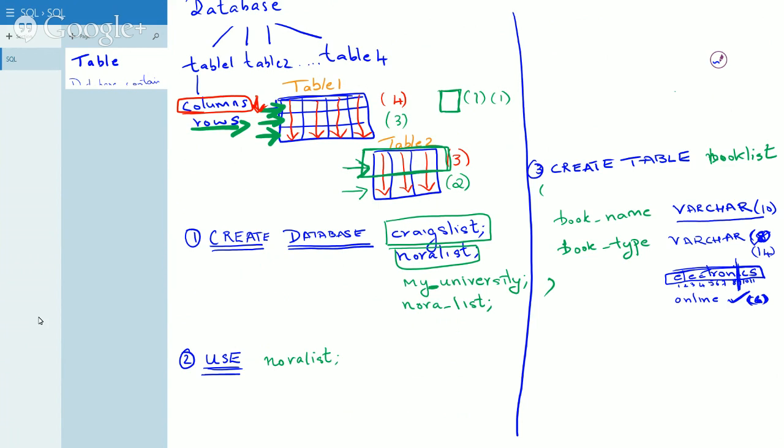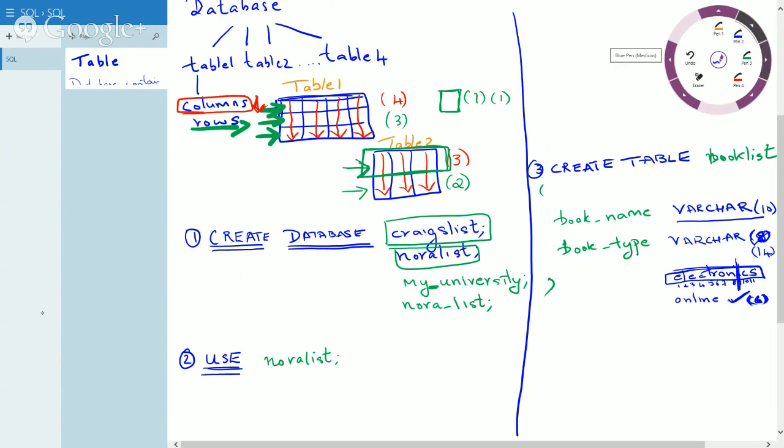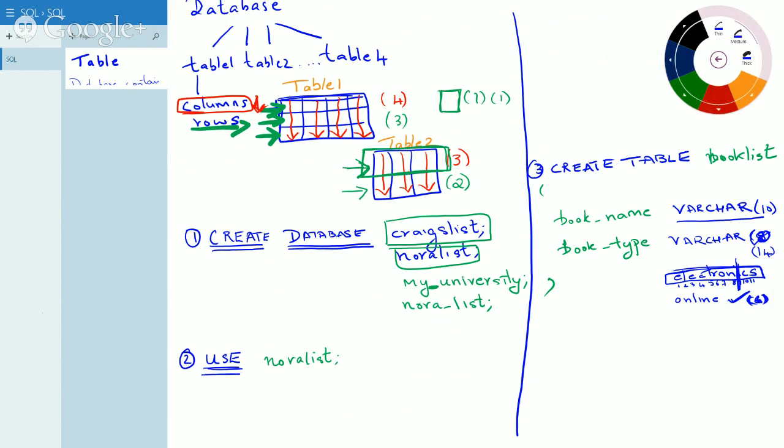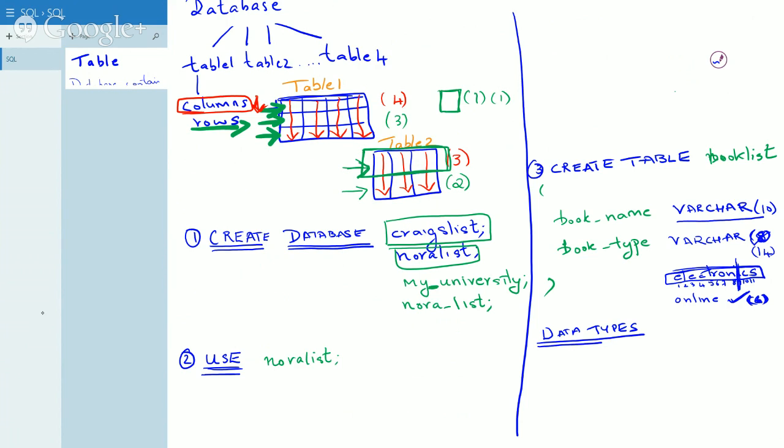So some of the data types, like I said, we only spoke about varchar, but there are a few other data types. Let's talk about the data types. These are predefined, okay? This is not something you define. These are just keywords, and they're defined, and we just have to know which one you want to use. One of them is varchar. Like I said, varchar means nothing but string or text, anytime you have text. The other one is